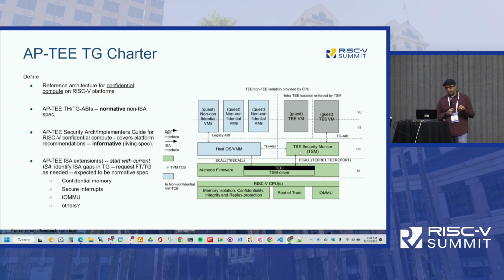The other pieces are also important. One is recognizing what aspects we need in extensions in the privileged ISA. So far we've been building on top of the hypervisor extension as it's defined, and we've identified a couple of areas where we might need platform support or ISA support. The first one is, how do we recognize confidential memory? And this might effectively become an extension of a physical memory attribute to specify that certain memory regions are confidential. And that could then be mapped to different platform attributes, depending on the threat models you're trying to address.